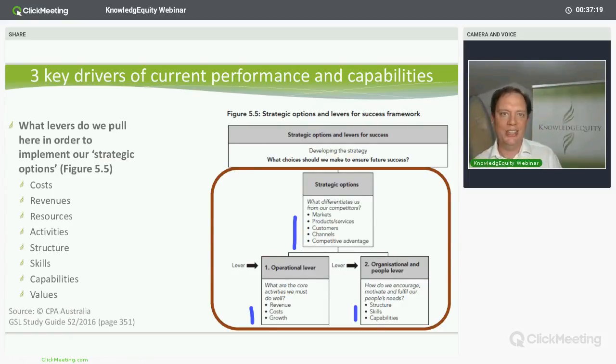You're going to utilize and exploit your channels to market because they're strong, and use that to push a few new products. But it's the channels that are so strong, your customer relationships are so strong. Why do you have this competitive advantage? Because you do amazing new product development in compression wear. Great, fantastic. Products is going to be part of the driver for your strategic options. What are you trying to do with that? Well, in this case, not reduce costs. You are trying to grow your revenue.